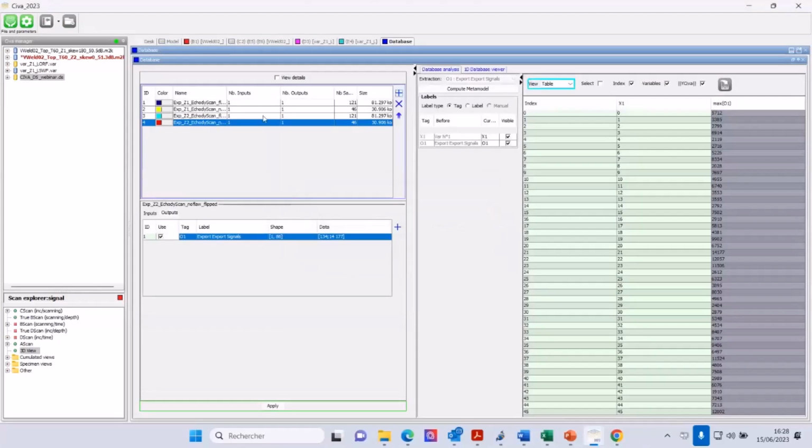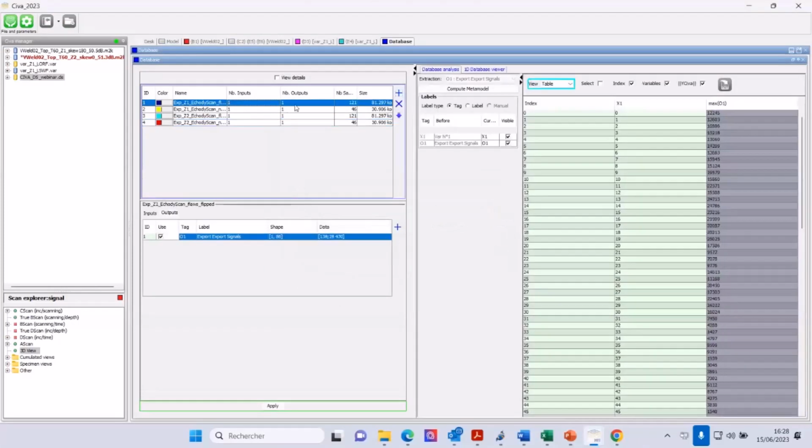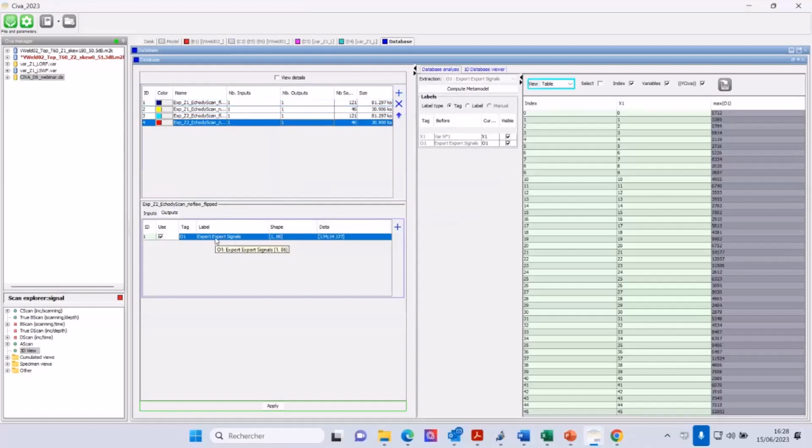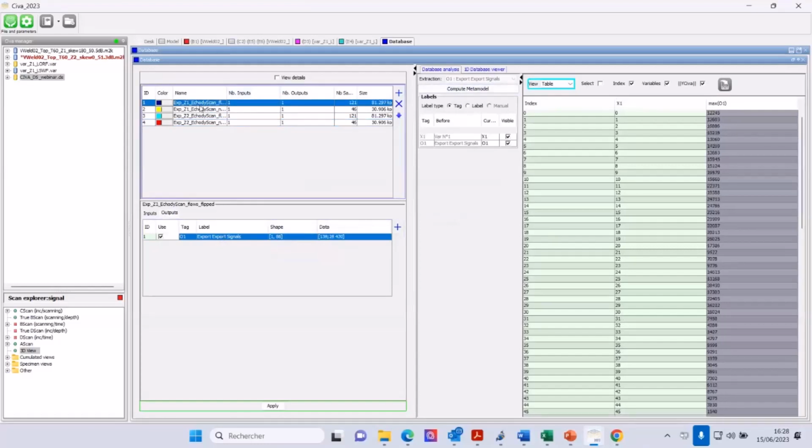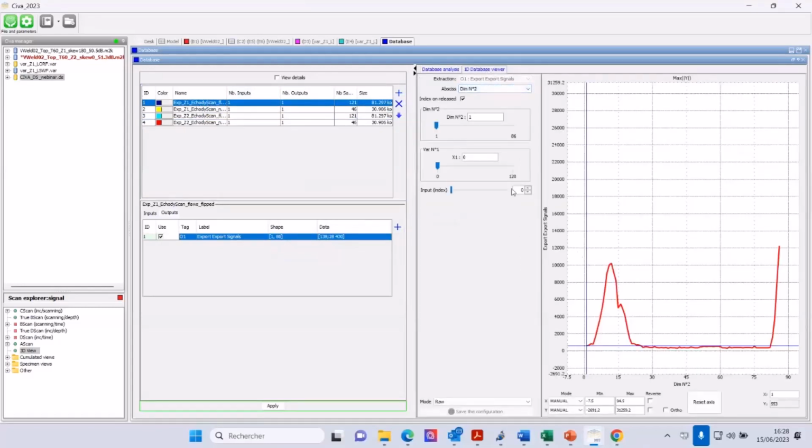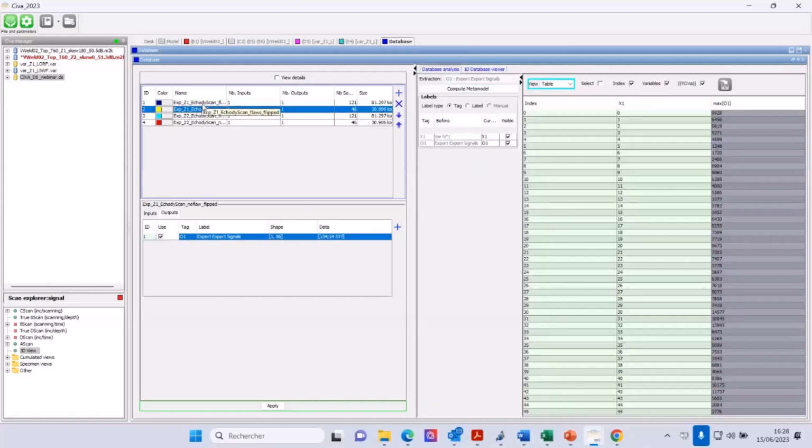You see that I have different inputs and outputs. When we exported the binary file we defined the echodynamic, and you see the shape here, which is the number of scanning steps, you remember, 1 to 86. And for one given experimental data, you have the echodynamic and the different scanning. So we have here my experimental data.